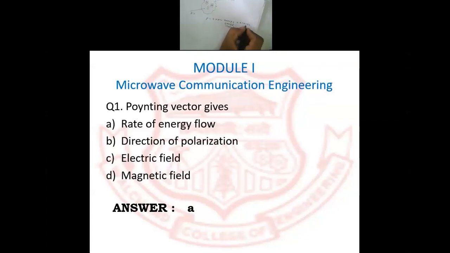Energy stored in the magnetic field, due to the electric field or due to the magnetic field, plus whatever the loss in a given area. So this is about a complete area. In the given area, what will be the loss there? According to that, we need to find out. So that's why the answer for the question, the Poynting vector gives the rate of energy flow. That is the answer.